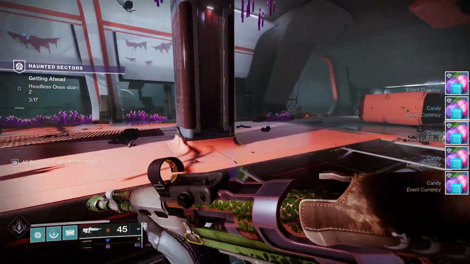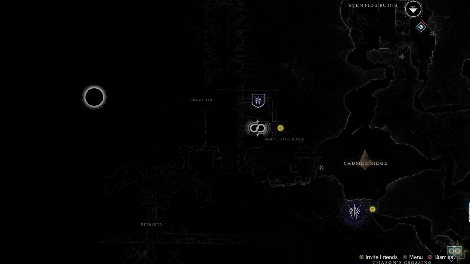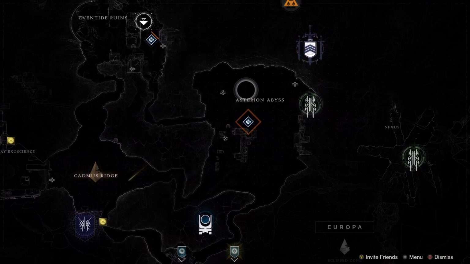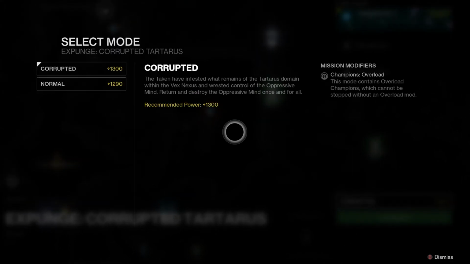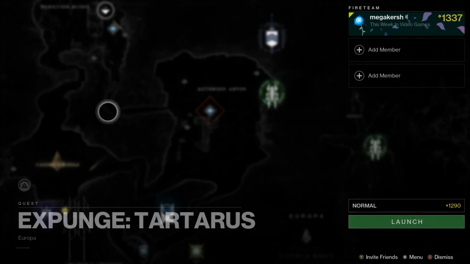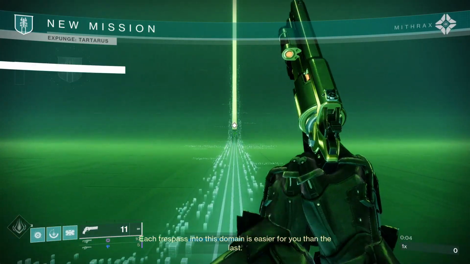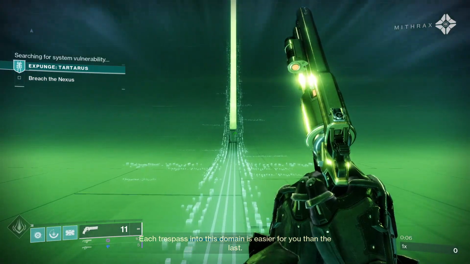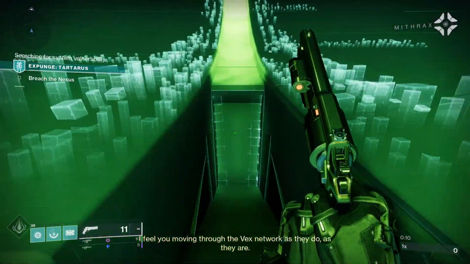First of all, let's have a look at farming method 1, and this is Expunge Tartarus. The first method is good for solo players, and Expunge Tartarus can be found on Europa and was an activity in Season of the Splicer. Most of the Expunge mission itself can be skipped, so essentially it's a race to the boss and then try and kill him as quickly as possible,